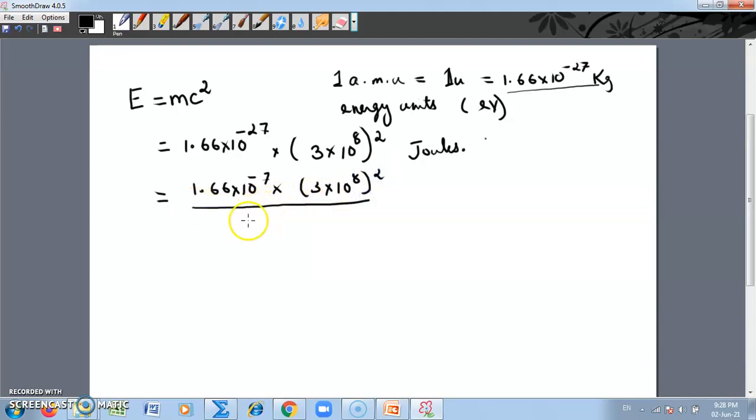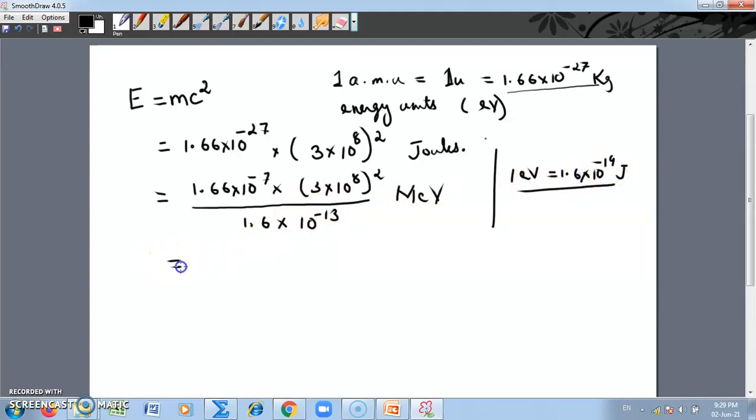divided by 1.6 into 10 to the power minus 13. This is in MeV, or million electron volts. This happens because 1 electron volt is equal to 1.6 into 10 to the power minus 19 joules, which we already know. From there comes this. So when this calculation is performed, this amounts to